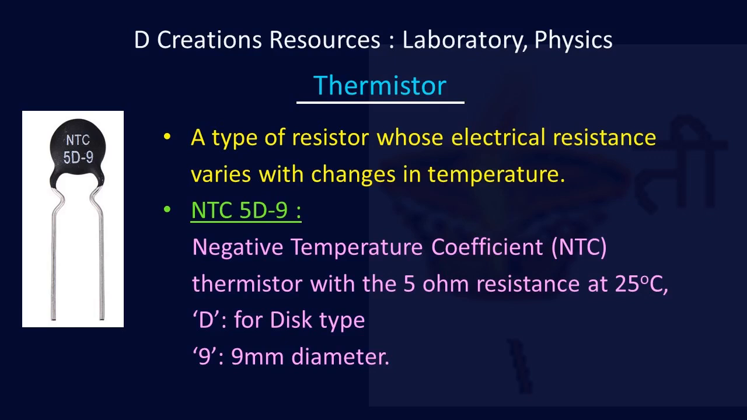Today in this episode we will be discussing thermistors. The word thermistor is made up of two words, thermal and resistor. As is evident from these two words, it's a resistor whose electrical resistance varies significantly with changes in temperature. By understanding how temperature changes with respect to the resistance of the thermistor, we can measure its resistance